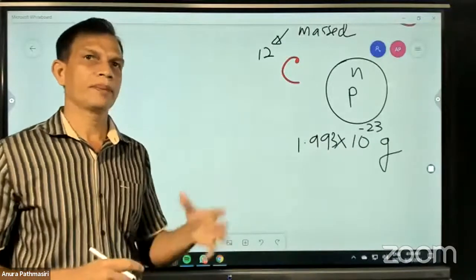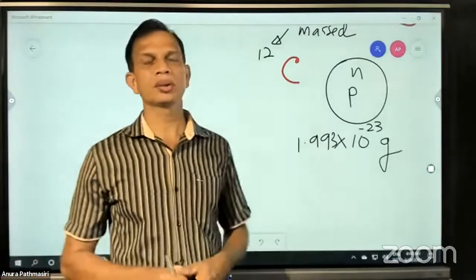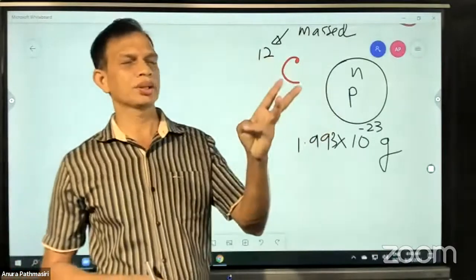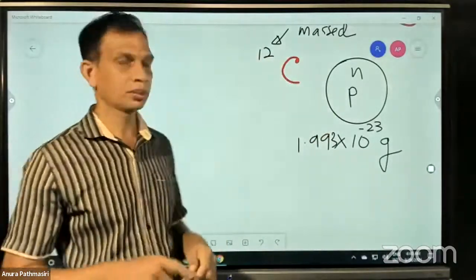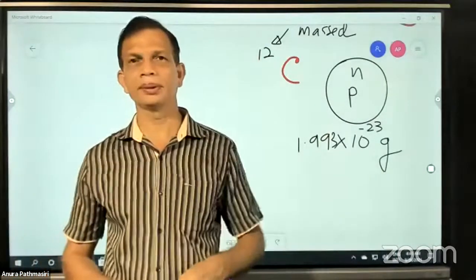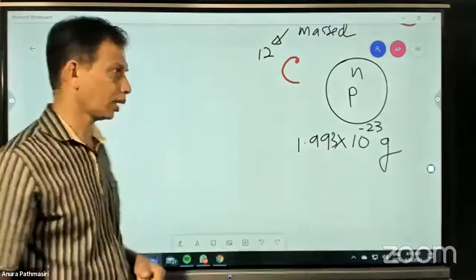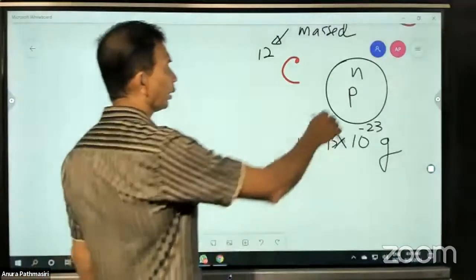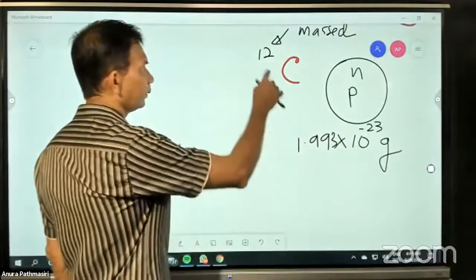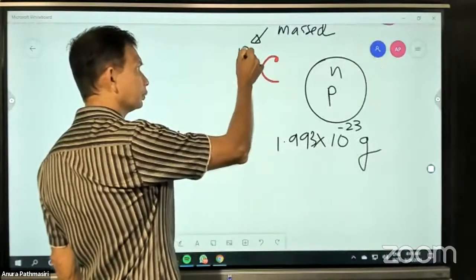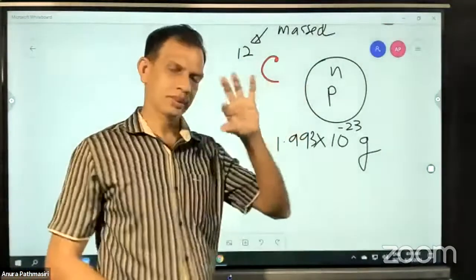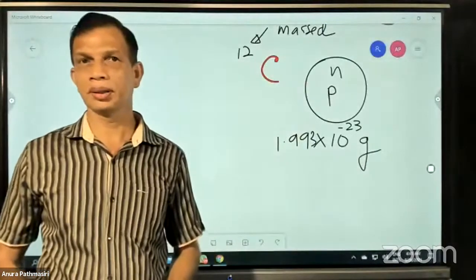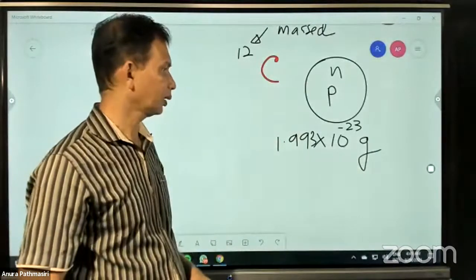Actually, they were trying to use hydrogen or oxygen as this unit, and finally they decided to use the mass of carbon. If you have carbon with 12 subatomic particles with the mass,